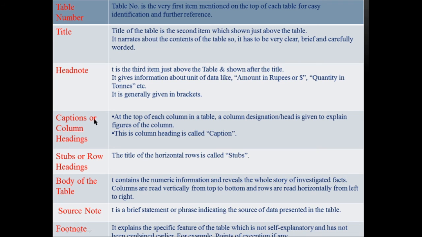Number 4, caption or column headings. At the top of each column in the table, a column designation head is given to explain the figures of the column. This column heading is called caption. Stubs or row headings: the title of the horizontal row is called stub. Body of the table.